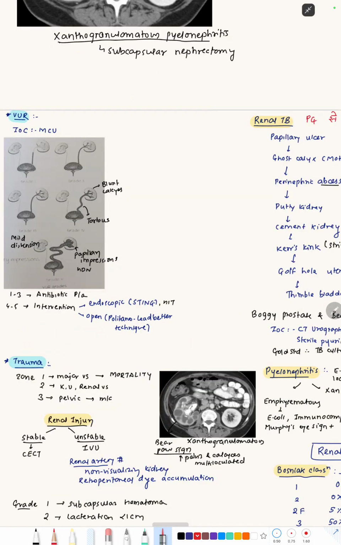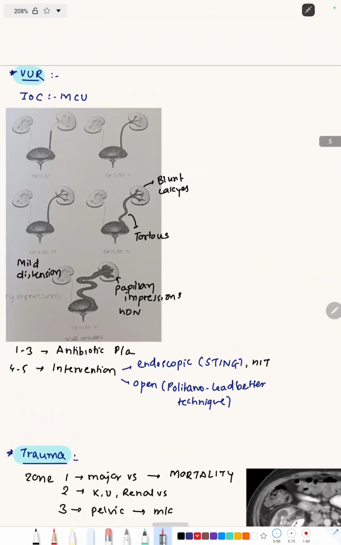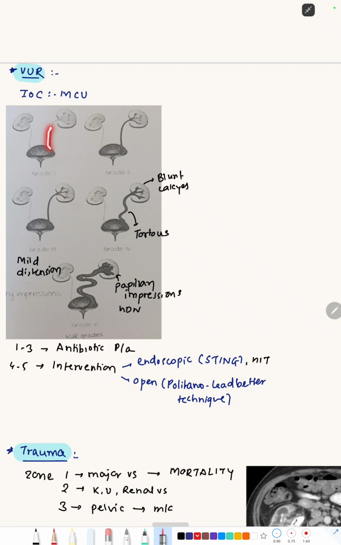Now the next is going to be the vesicoureteric reflux. Over here, the investigation of choice is the micturating cystourethrogram. On this micturating cystourethrogram, you can see the 5 different grades. In grade 1, there is a reflux of urine into the mid ureter without dilatation. In the second, it goes up to the calyceal system, but still there is no dilatation. In grade 3, it goes to the pelvicalyceal system with dilatation. And in grade 4, tortuosity happens and a blunting of calyces. In grade 5, it becomes very much dilated and largely tortuous with papillary impressions,